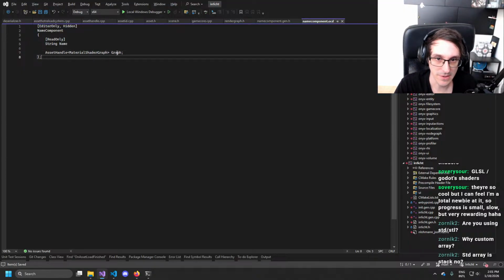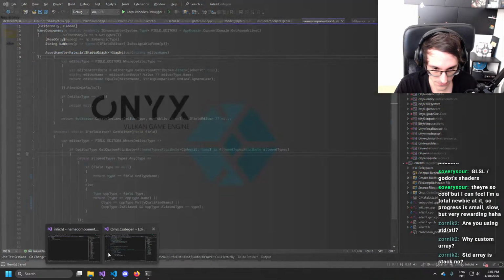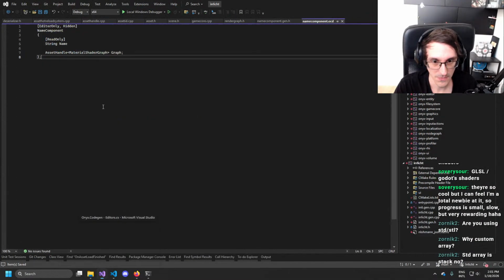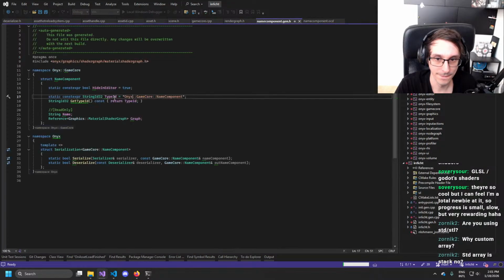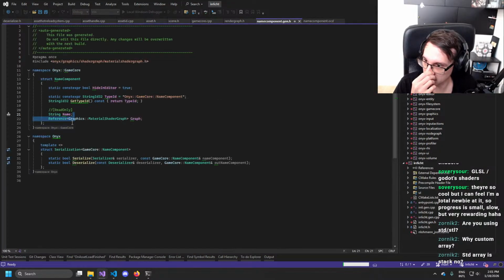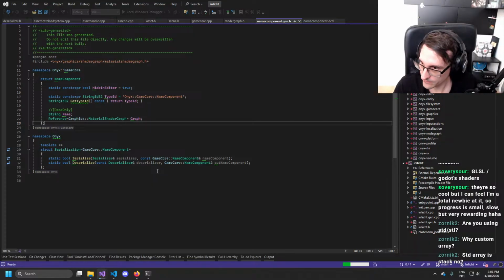So I think I want to have it like that. That should generate, hopefully, and should hopefully generate this new. And then I'm not sure if I need more or not. Let's see.